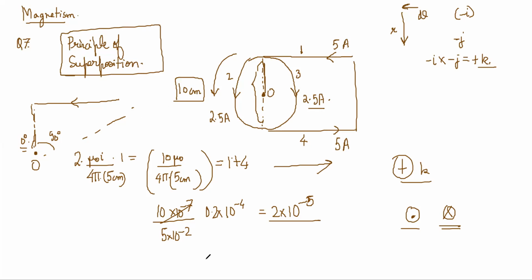Okay, question number 8. The figure shows a circular loop with radius r. Again there is a current like this, and then there is a circle, and the current is again being split. It looks very similar, with the slight difference that it is not parallel now. It is going like this, right?